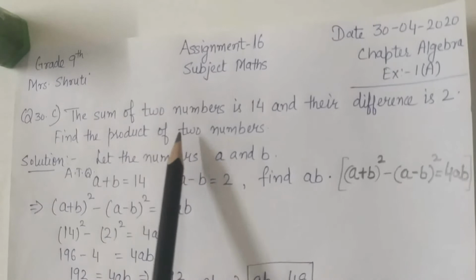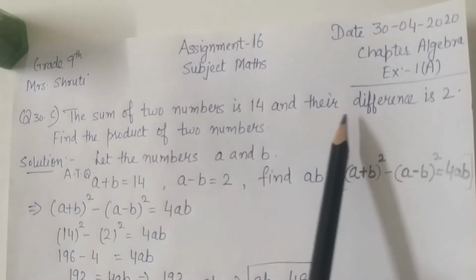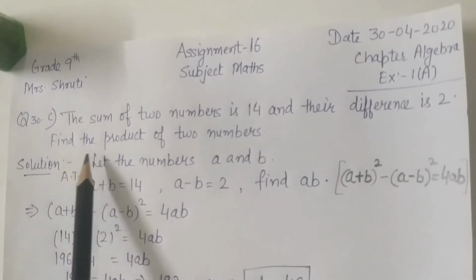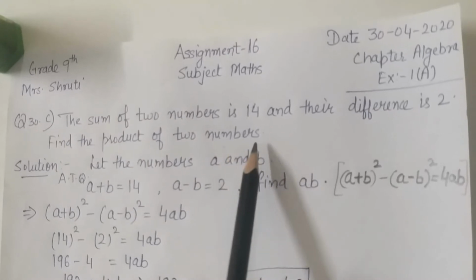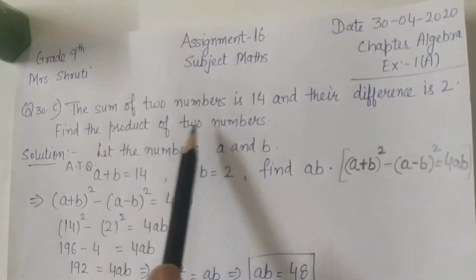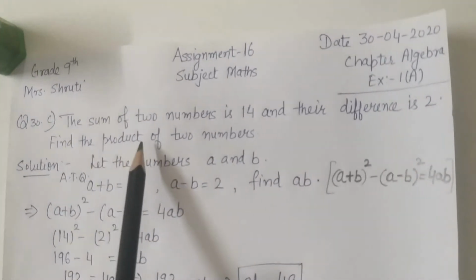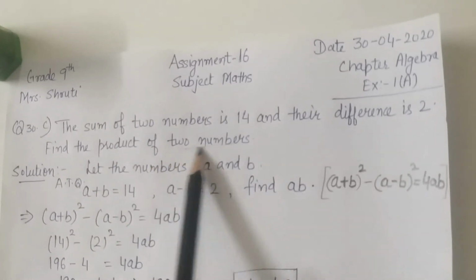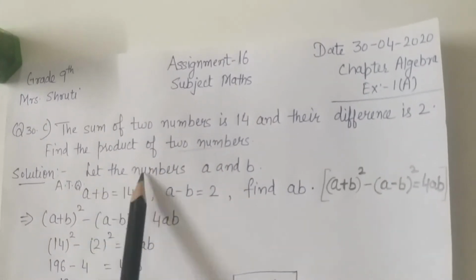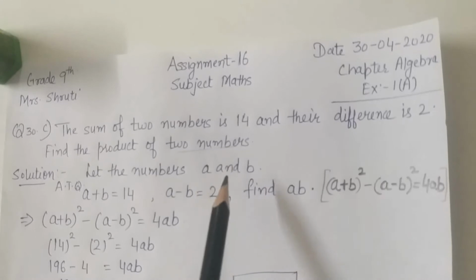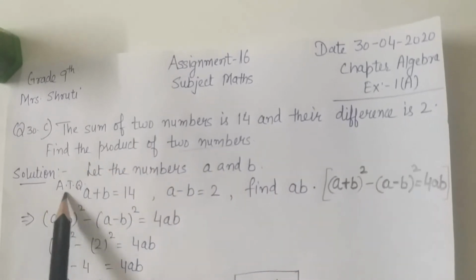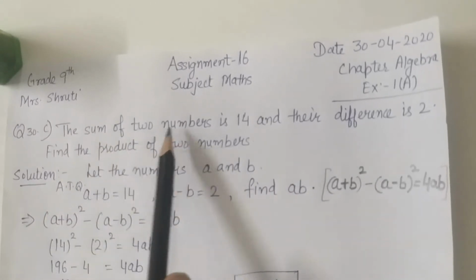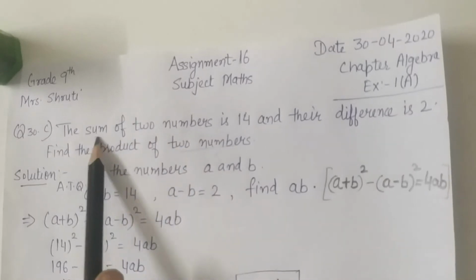The sum of two numbers is 14 and their difference is 2. Find the product of the two numbers. Here, the numbers are not given, so the first step is to let the numbers be A and B. Then, according to the question, the sum of the two numbers